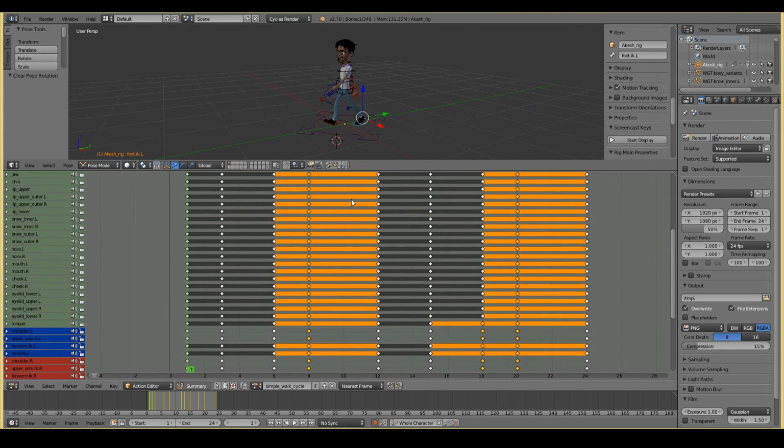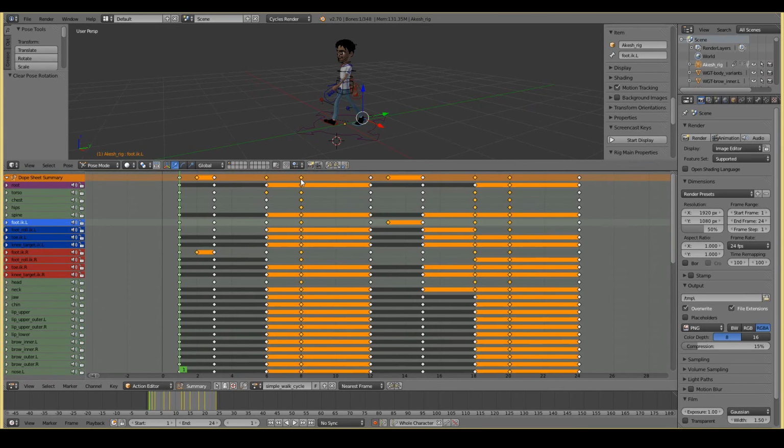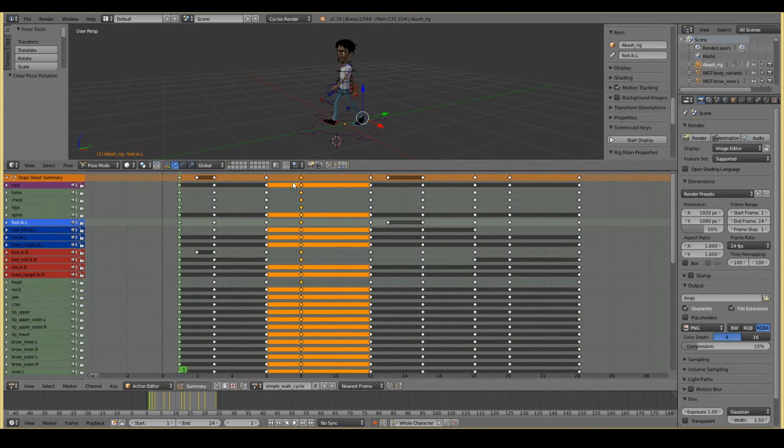So if I want to change the timing of something, like say I don't like the timing of the high pose, I want the body to come up a little later, then I can just select all the keyframes in an orderly fashion, and then just move them like so, and adjust the timing easily. And all the poses for that timing will move accordingly.